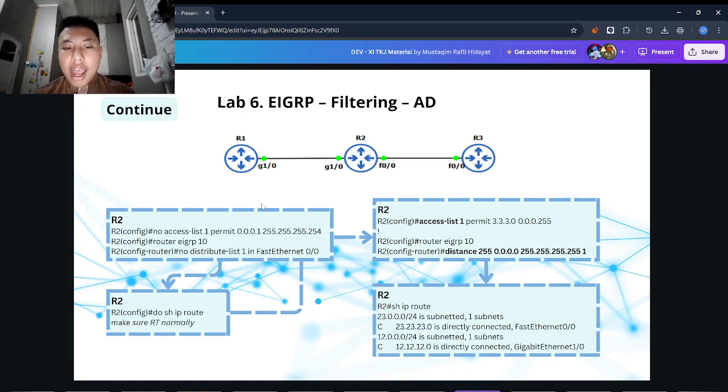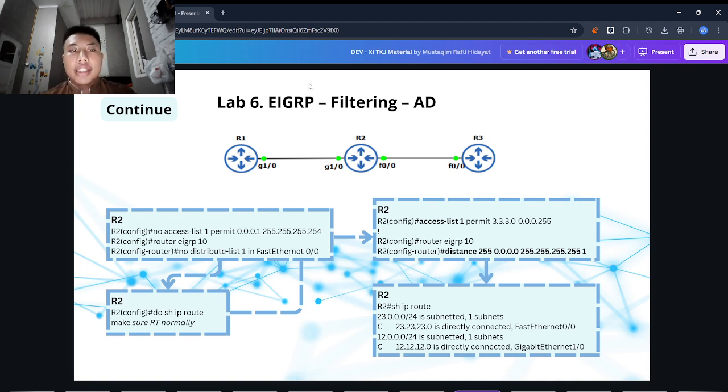The lower the AD, the more preferred the route. By modifying AD in EIGRP, you can make certain routes look less trustworthy. If another route exists with a better AD, the router will prefer that instead.